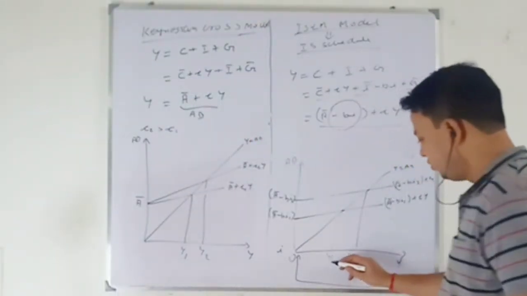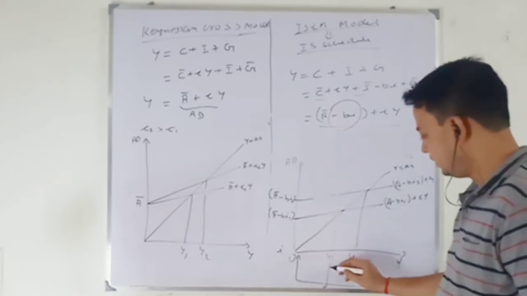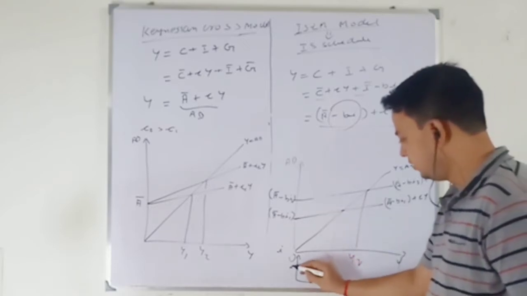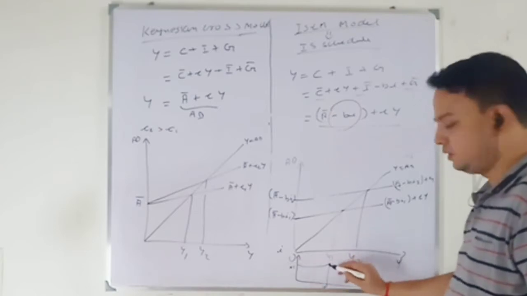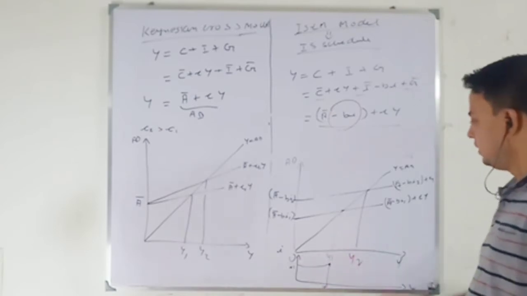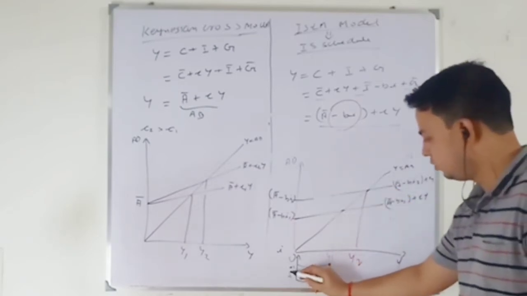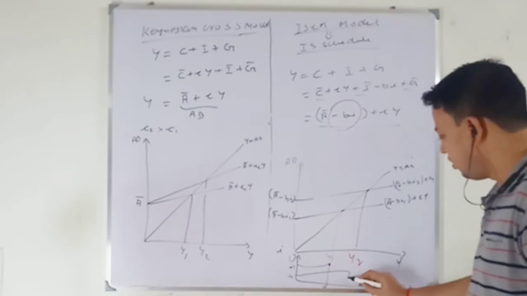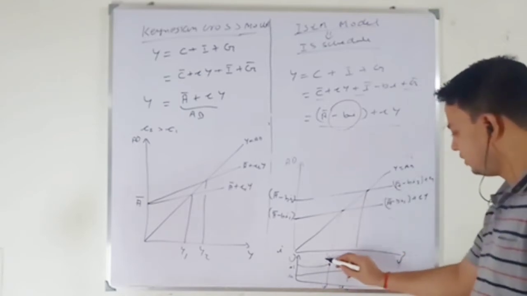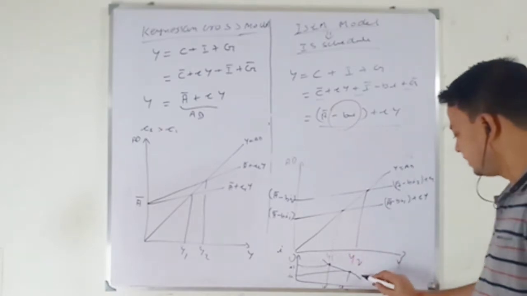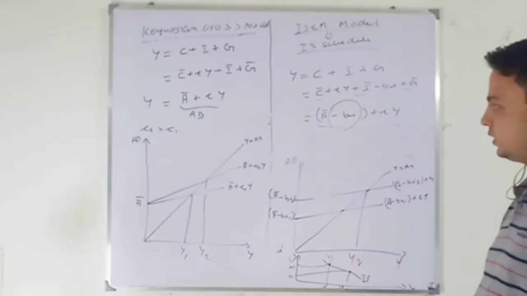Now, when your income is Y1, rate of interest is what? I1, right? High I1. So I join these two points, Y1, I1, I get the first point. Second point is here, when your rate of interest is I2, your output is how much? Y2, higher output, Y2. I get the second point. So I join these two points, I get the IS curve, the investment saving equality curve.